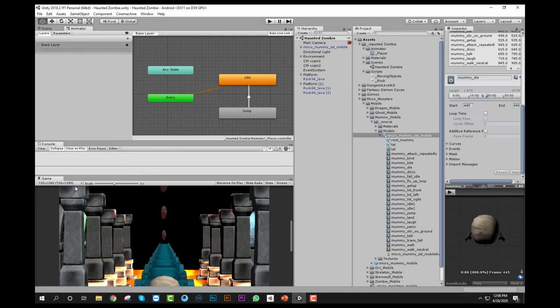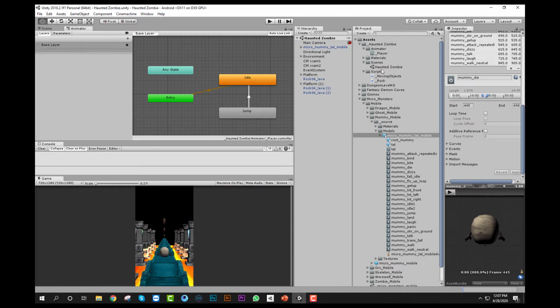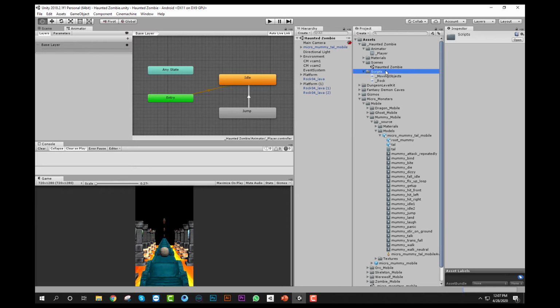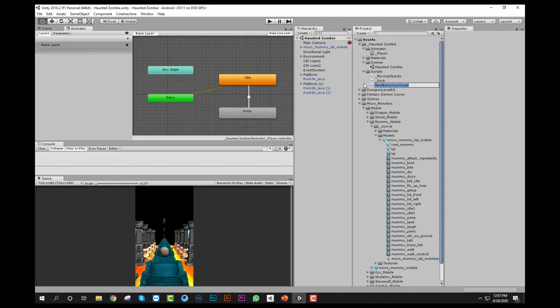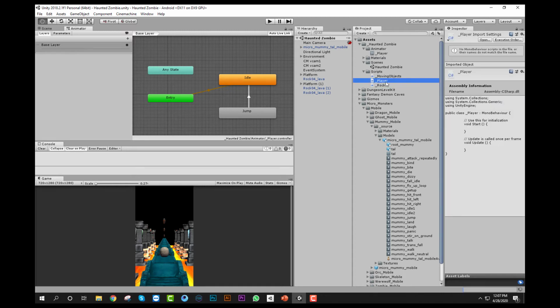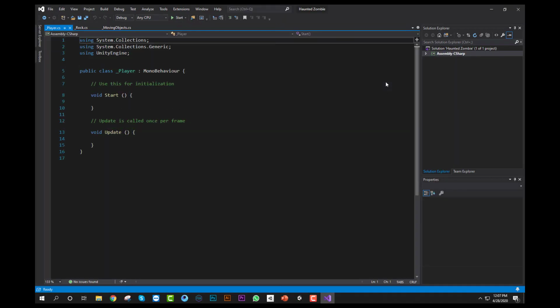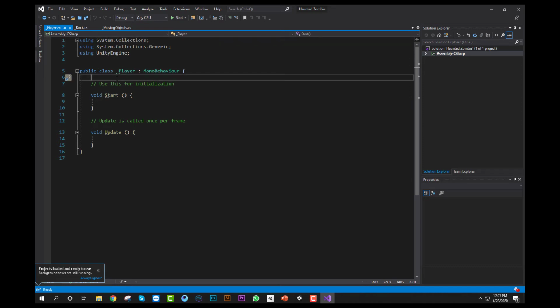Okay, that's fine. Now we have to write the logic for jump. Create a script for the player. Okay, first of all I have to create the animator to get the reference.